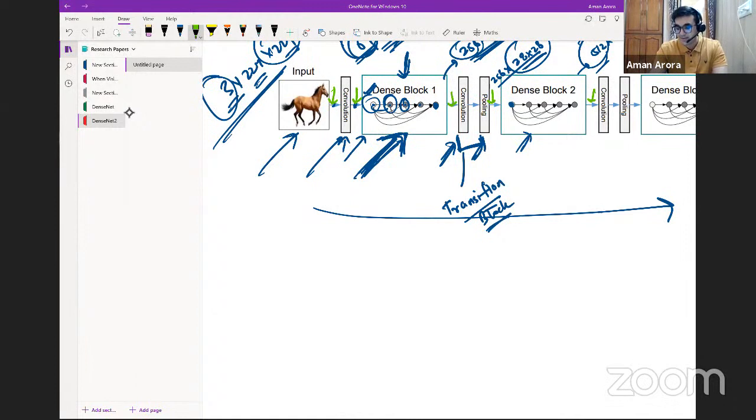So in a way, this is a very straightforward forward pass, with things being passed from previous layers to next layers one by one. But inside the dense block, things are a bit different. Inside the dense block is where your last layer basically has all the features from the previous layers. So this is a bit different from